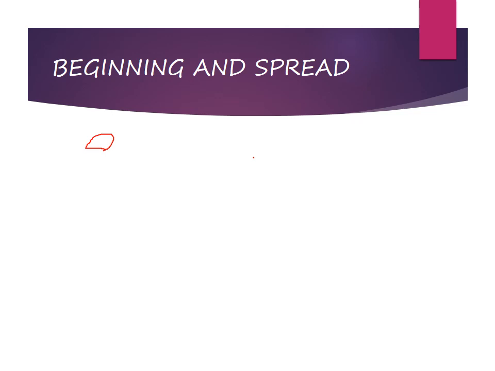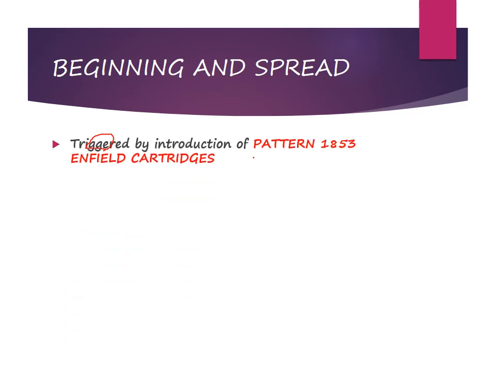The introduction of the patent 1853 Enfield cartridge was considered as a trigger factor for this revolt. Now, what happened was the British introduced a new bullet cartridge in the Enfield P53 rifle. To load the rifle, the soldiers had to bite the end of the cartridges, which was greased at the ends. Now, these cartridges were supposedly greased with animal fat from pigs and cows. According to Hindu belief, cows are sacred and pigs are taboo to Muslims. So, most of the soldiers considered this as an attempt of the British to befoul their religion. This infuriated the sepoys.